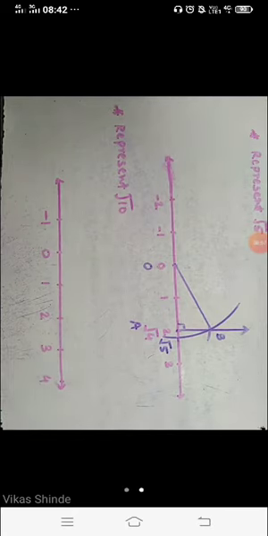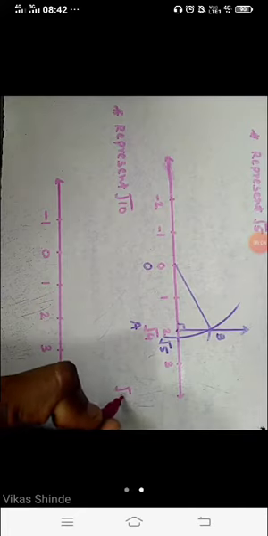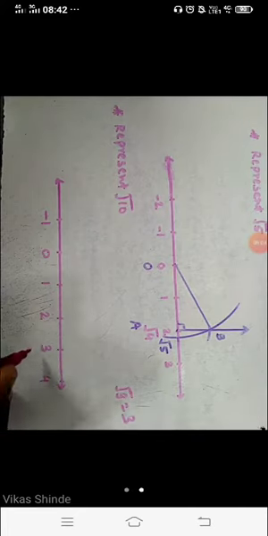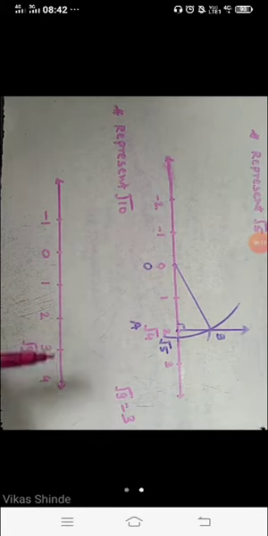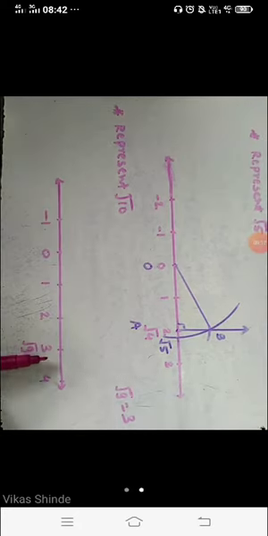Now look student, we have to represent the square root of 10. We have to search for the previous number. The previous number before the square root of 10 is the square root of 9. Square root of 9 means which number? 3. In this sense, here is your square root of 9. So obviously, our square root of 10 will be after the 3, after the square root of 9.